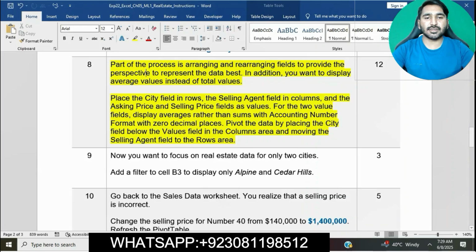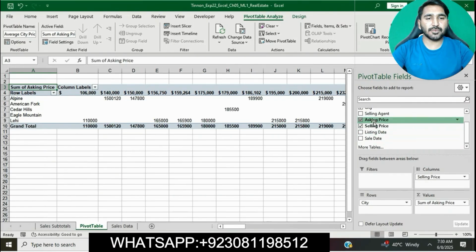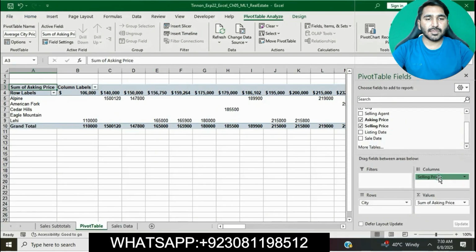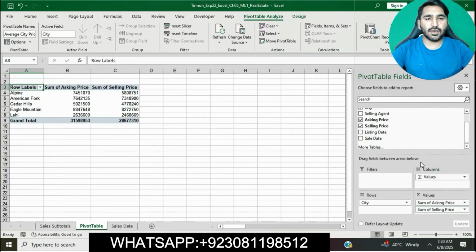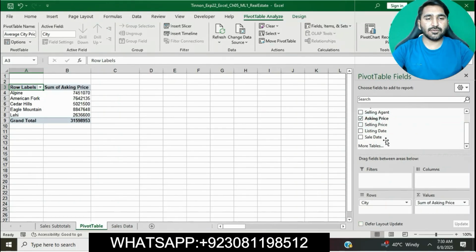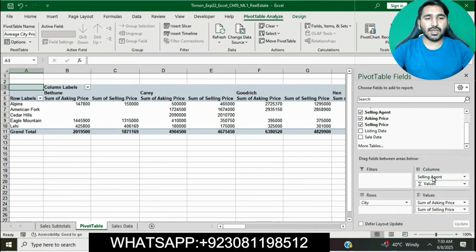We will move asking price and selling price to the values. Okay, we will remove this. Now we will add asking and selling to the values, then the selling agent to the column area.